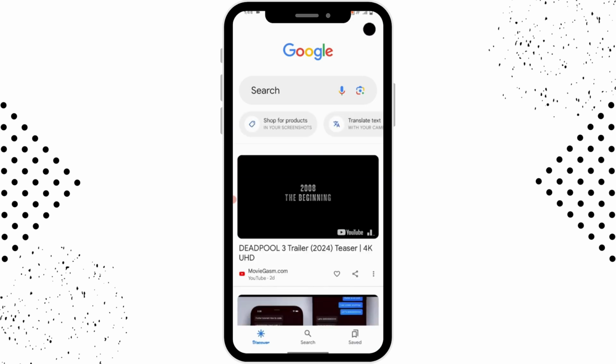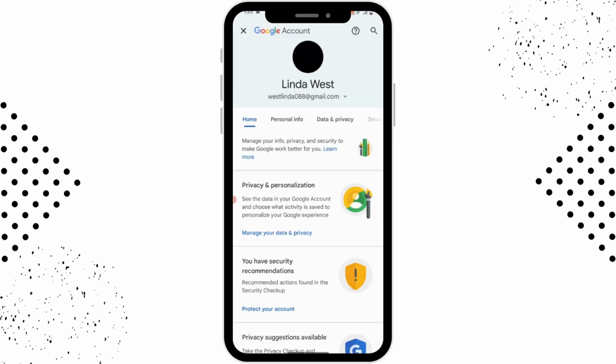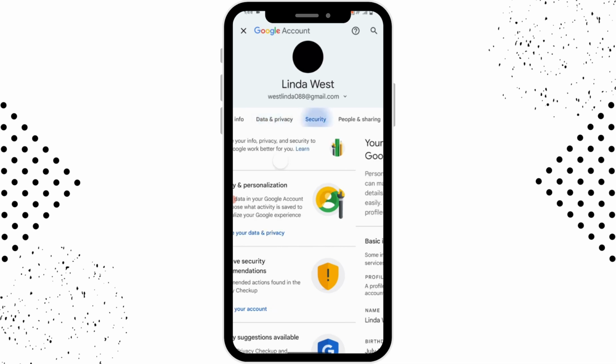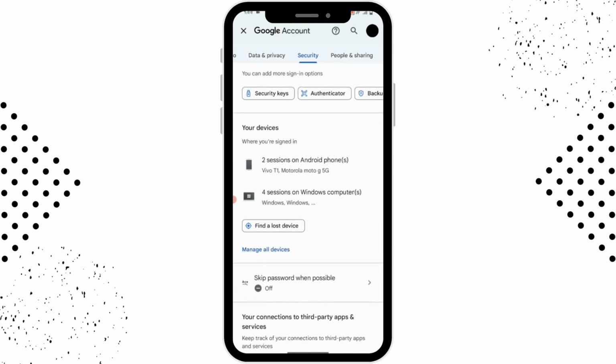go to your profile, which is on the upper right corner, and then tap on manage your Google account, and here scroll right and choose the security section. And here, if you scroll down a bit, you will have your devices option, like where you have signed in. So under that you will have manage all devices,